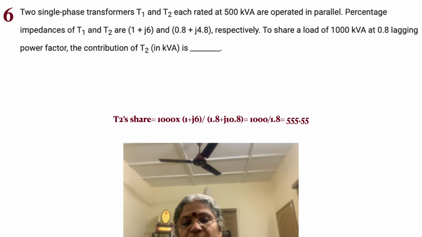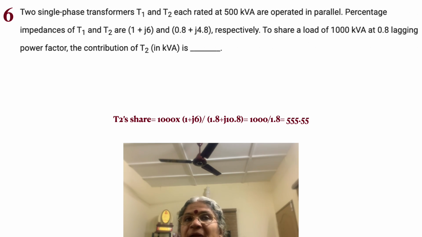So 1000 kVA into 1 plus J6, divided by 1 plus J6 plus 0.8 plus J4.8. So what is that? 1.8 plus J10.8. Because you see 1 plus J6 in the numerator, you can simply take out 1.8. So the first quantity becomes 1, and 10.8 divided by 1.8 is going to be 6. So 1 plus J6 cancels, and you see that 1000 divided by 1.8 is equal to